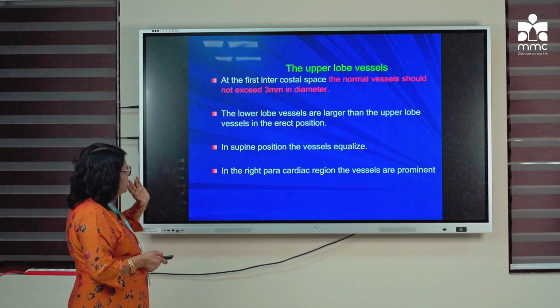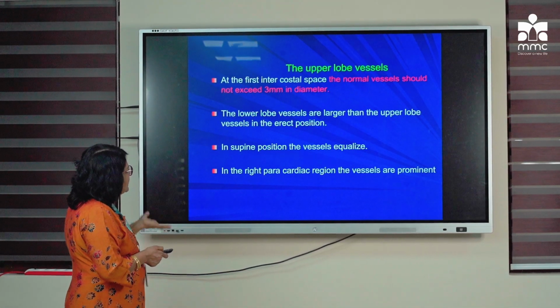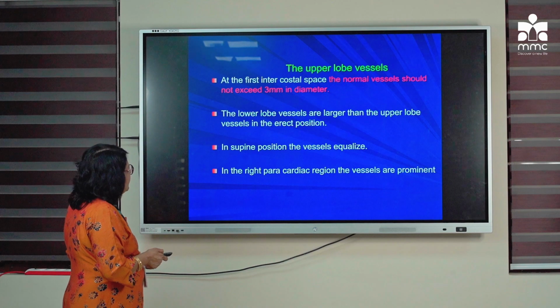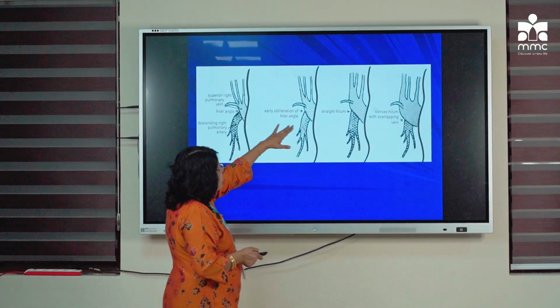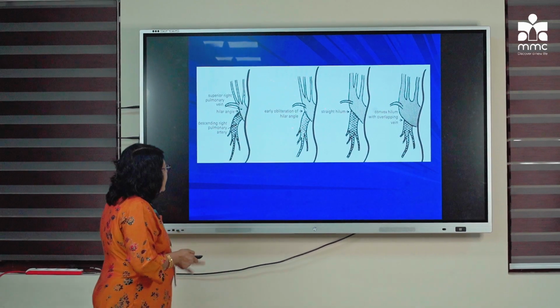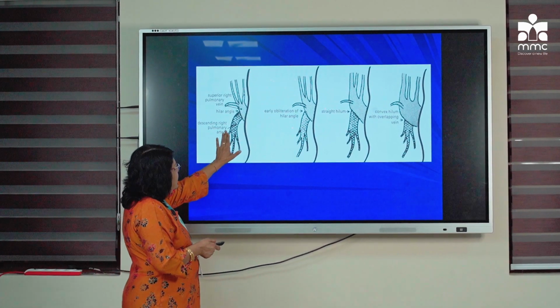So here, when pulmonary hypertension becomes severe, you have the upper and lower vessels diverted, and now you can see the upper vessels which are prominent, which is called the Stag-Antler sign, and this is the sign to indicate the